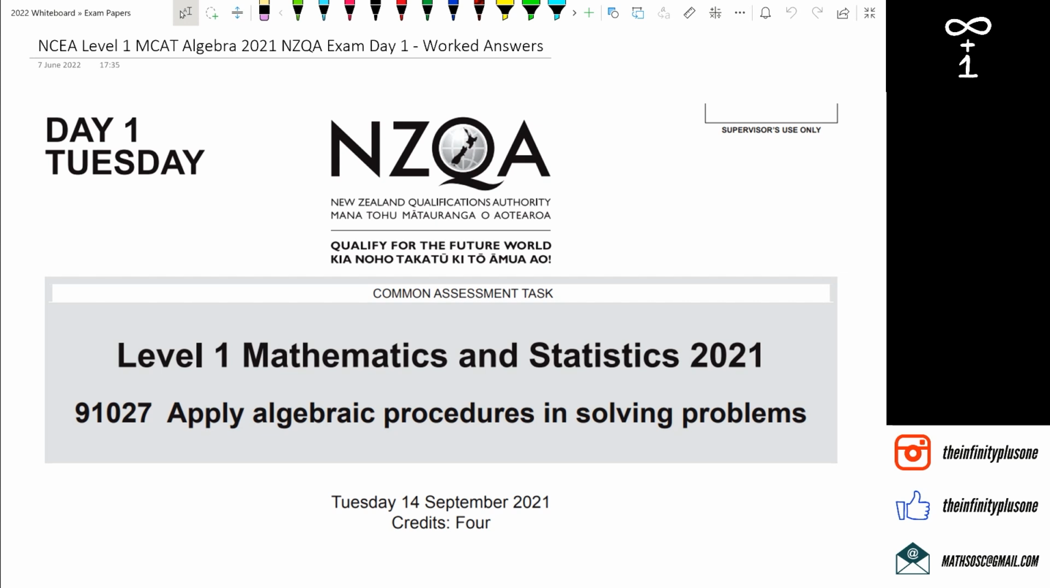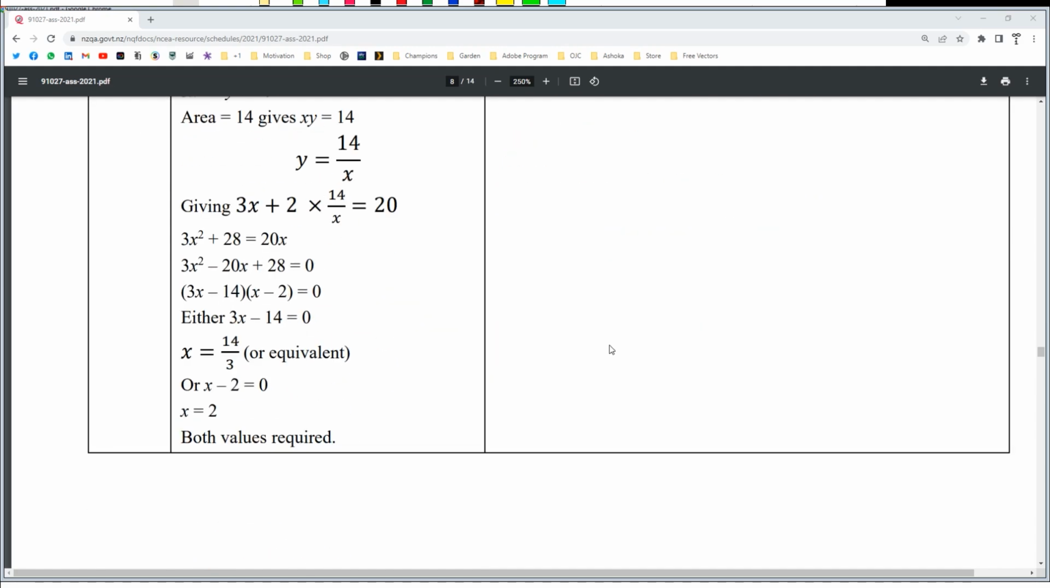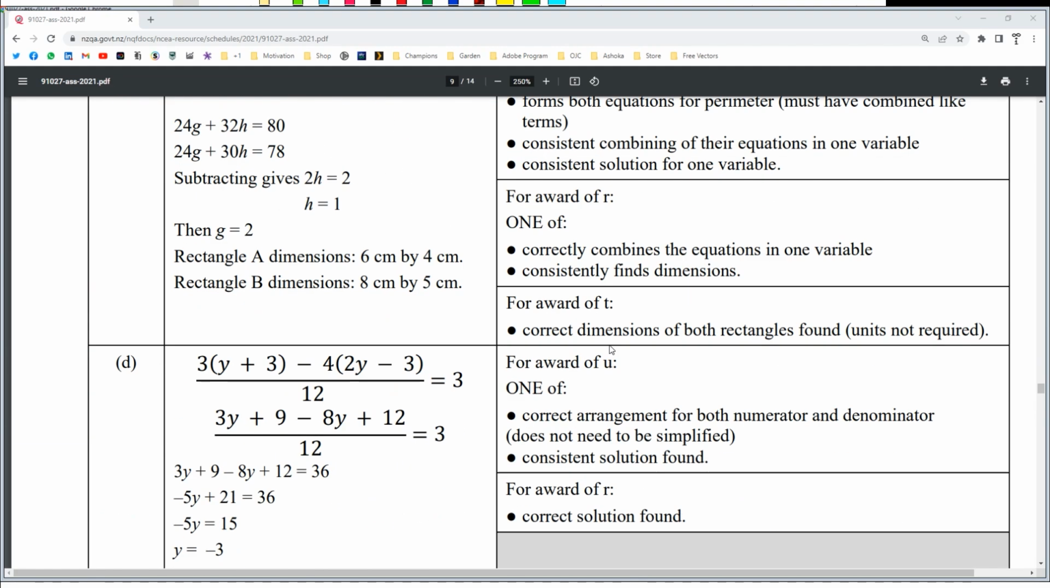Attempt all the questions. Don't leave any questions empty. Sometimes even writing an equation could score you an achieved. What do I mean by that? If you go back, I just want to go right to the end just to show you guys what you might need